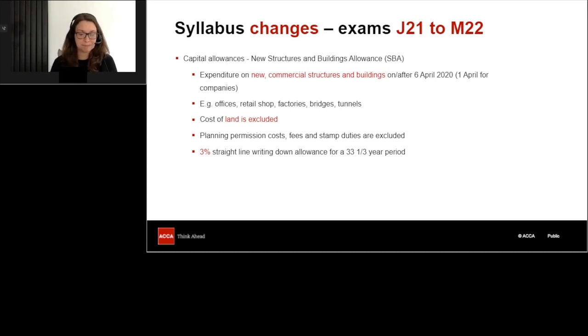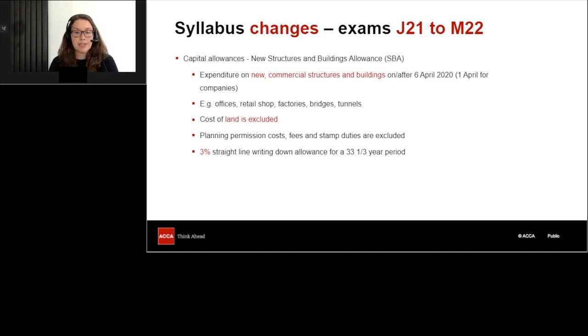in the exam. So, for example, you need to exclude the cost of any associated land, because land can't qualify for SBA. You also need to watch out for any costs or associated fees to do with the purchase and any stamp duty. Another complication to watch out for is whether somebody is using part of the property for residential purposes, and therefore you want to restrict the proportion that is qualifying for the SBA there.